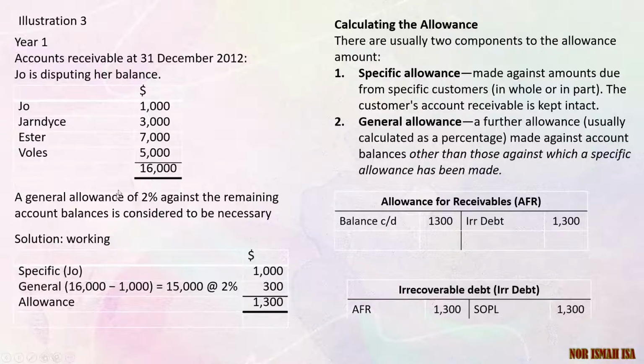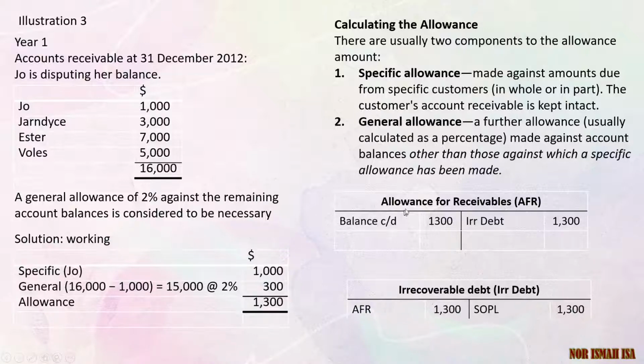As for the general allowance 2%, we just calculate the total receivable here minus the specific allowance that has been made, which is 100. Minus this, we will get the total allowance that needs to be estimated for 2%, which is 15,000 multiplied by 2%. So the general allowance for receivable is 300. So the allowance for receivable for that year is